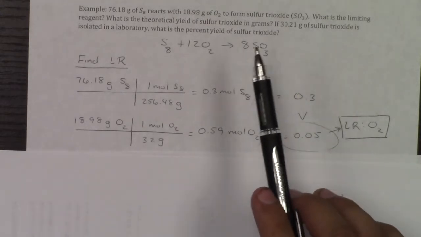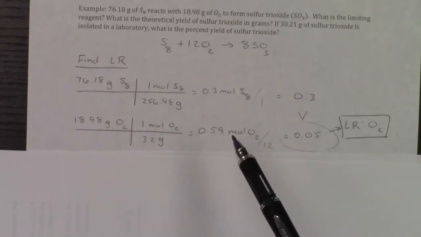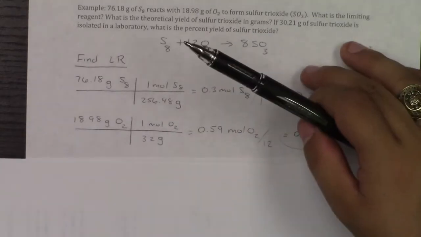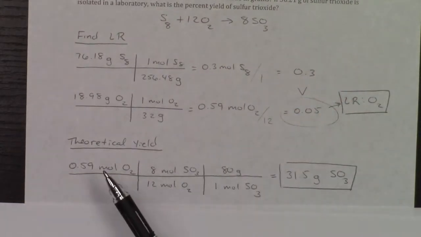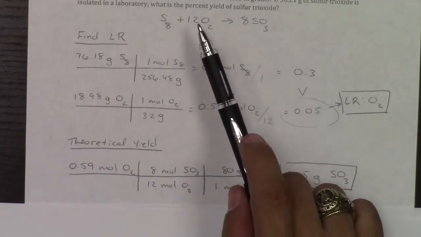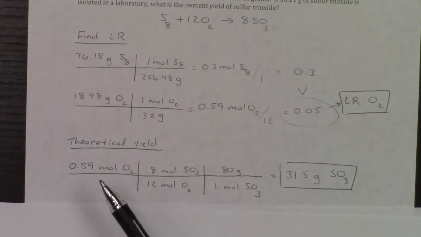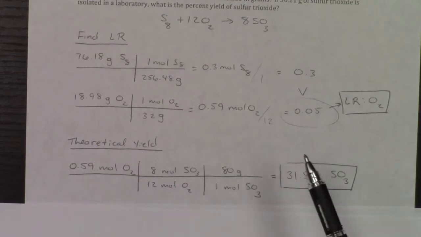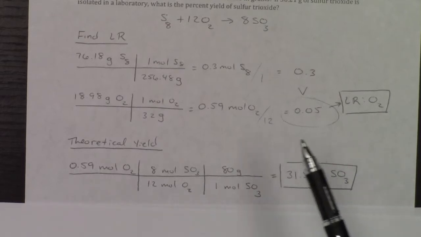So if I want to find the theoretical yield of sulfur trioxide, I'm utilizing O2 and only O2 to find that. So, to find my theoretical yield, I have 0.59 moles of O2, and then looking at my recipe, my balanced equation, I know that 12 moles of O2 are required to make 8 moles of SO3. Once I've converted into my sulfur trioxide, to put that into grams, we utilize molar mass. And I know that 1 mole is 80 grams, so when I throw all that into the calculator,